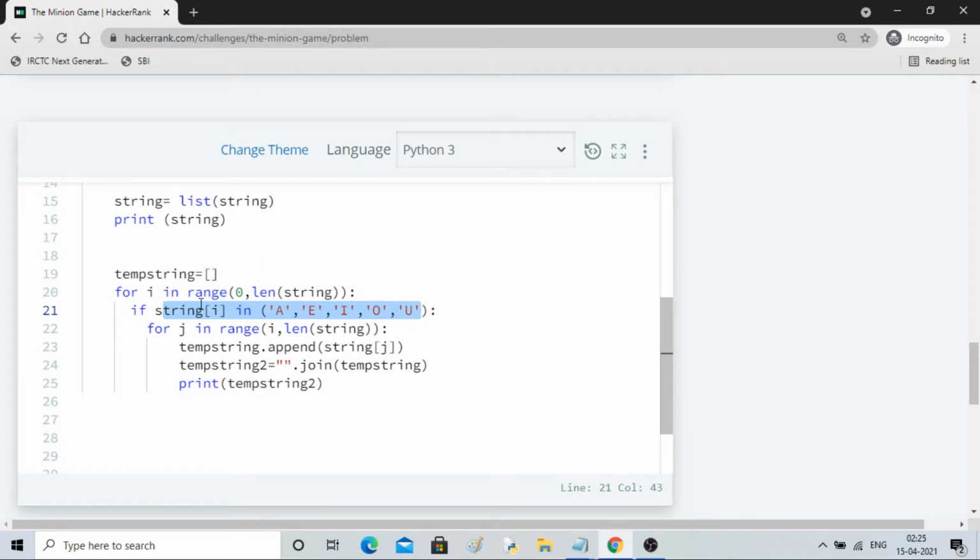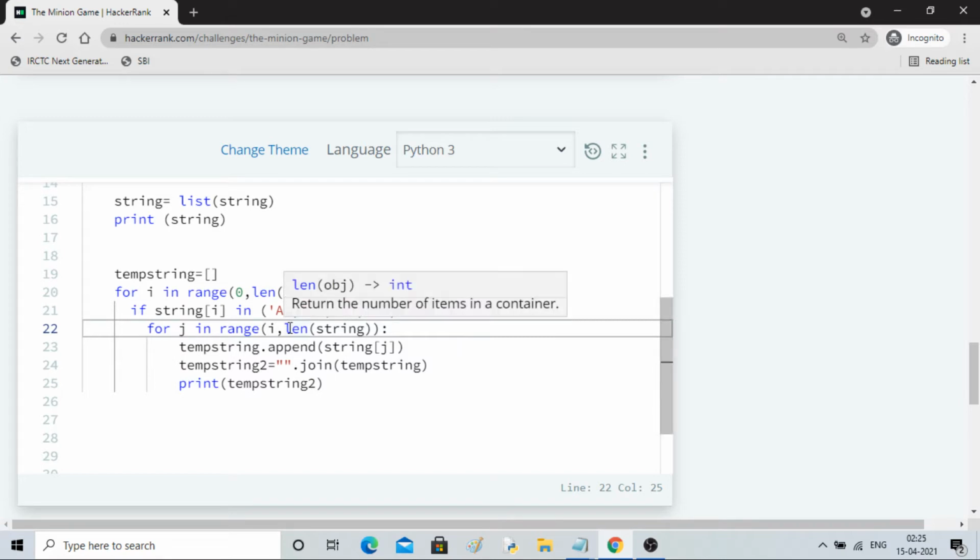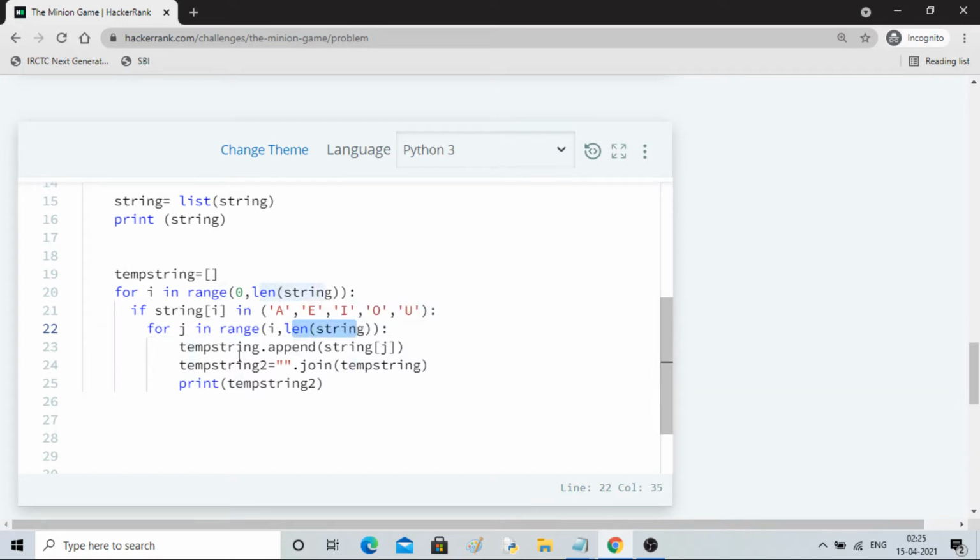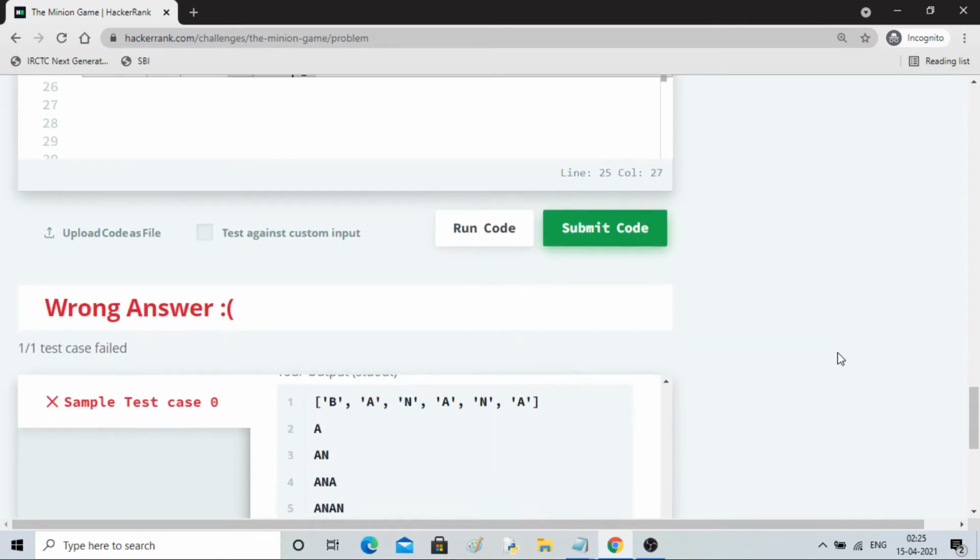Then i became A, and A is among these, so inside this it went, started from A, which is the location i. So i to last, and it keeps on appending the characters, and finally it is joining it without any gaps and printing it. That's what is happening.